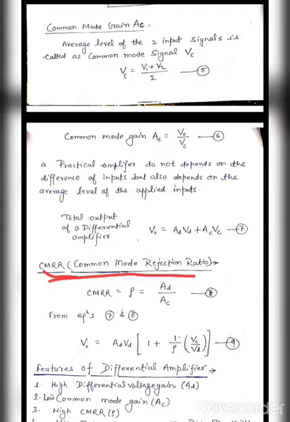Or in other words, it is defined as the ratio of the differential voltage gain to the common mode gain. So common mode rejection ratio, denoted by rho, equals AD over AC,